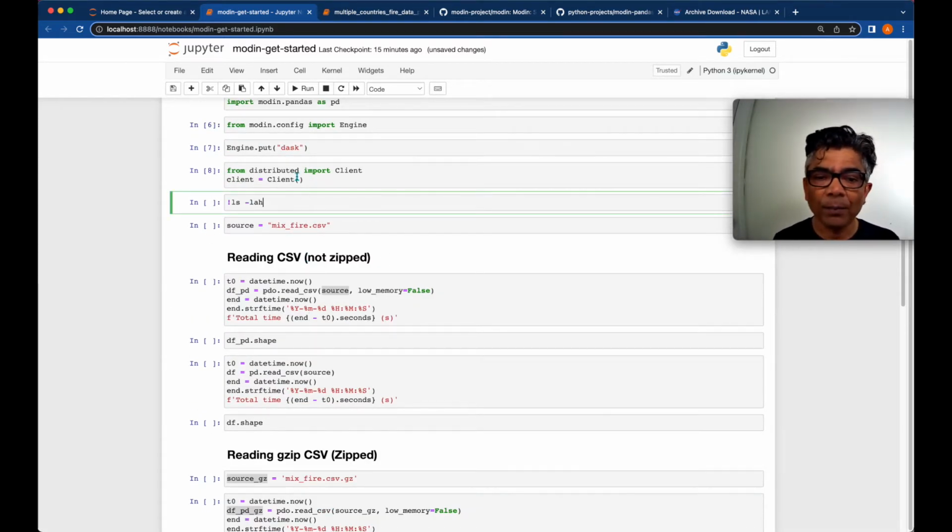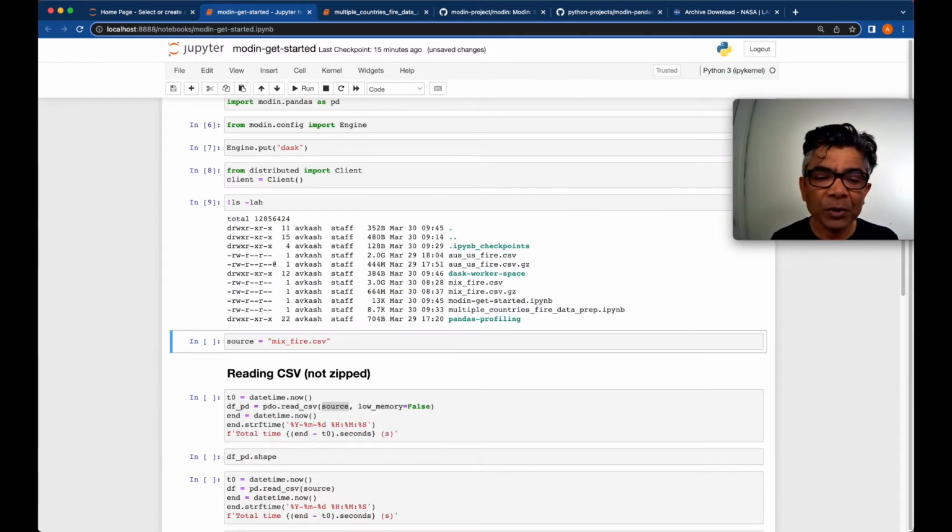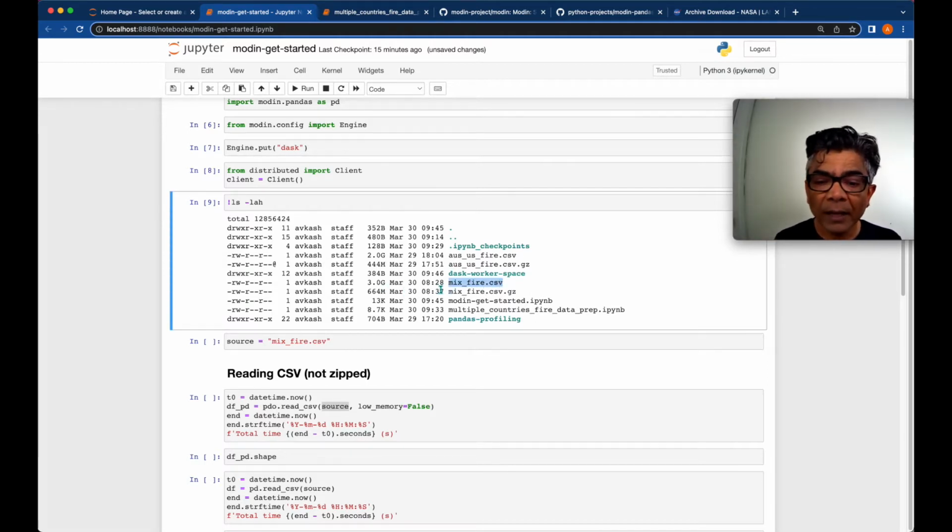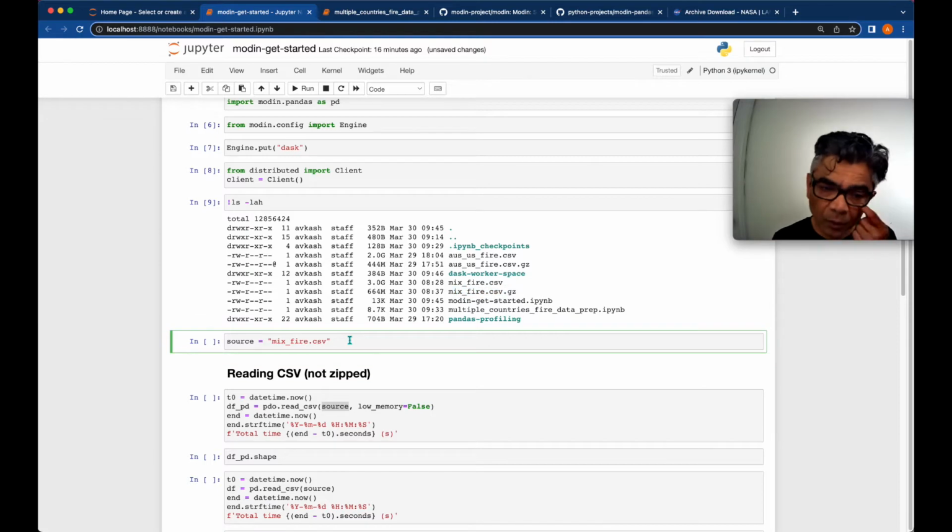Modin is configured, the client is ready. Now I will show you the data set. I have a wildfire CSV here, which is a 3 gig CSV file, and I also have the compressed version of that file, which is 664 meg. In this example, we are going to read the zipped CSV as well as the regular CSV. First I will be